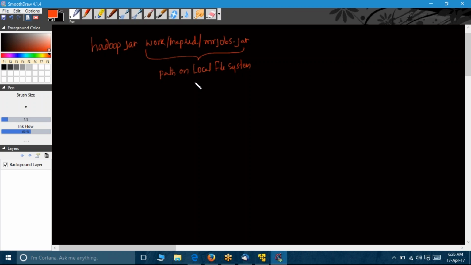If required, we can also specify this path on HDFS also. If your jar file is located on the cluster, you can also specify the path on HDFS, nothing wrong. How we do this, we see. That is only the URL, nothing more than that. How you are accessing your file system, say for example,